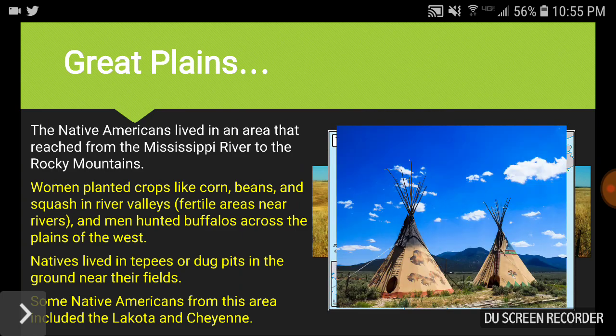Housing style, also very distinctly different. If you've ever seen a Western film, almost any Western film, you're talking about the Great Plains, where these Native Americans lived in teepees, or they basically dug pits in order to protect themselves from the wind.